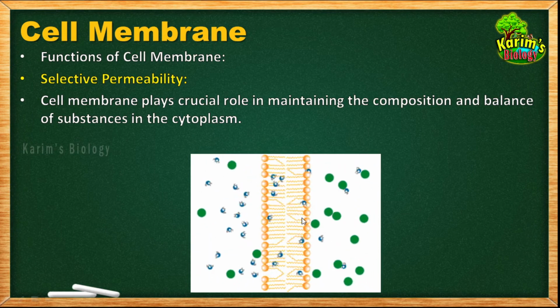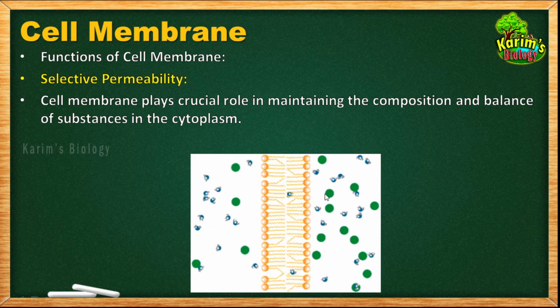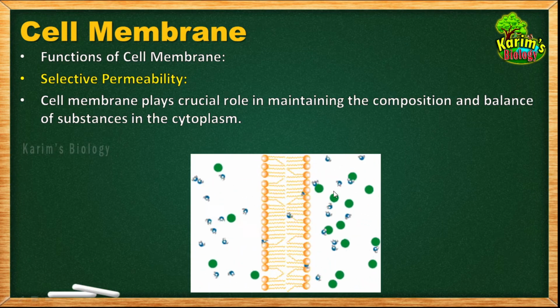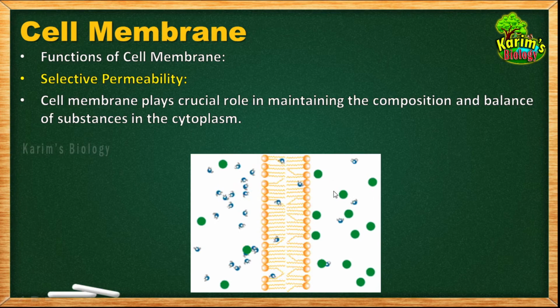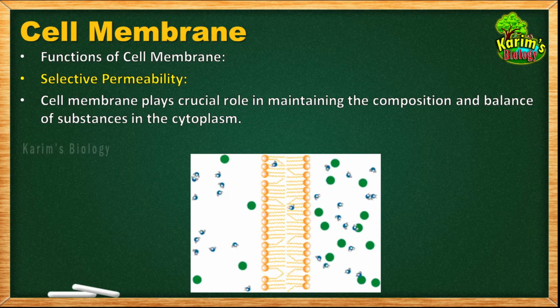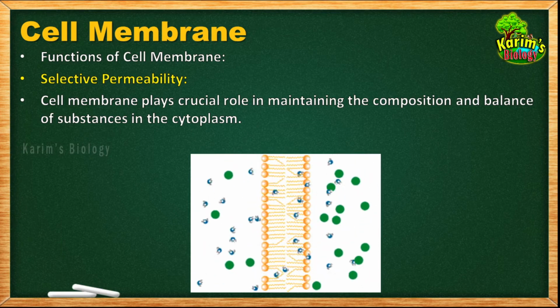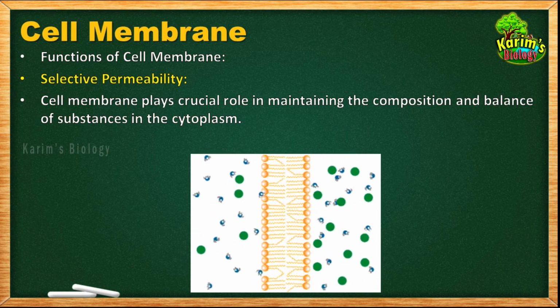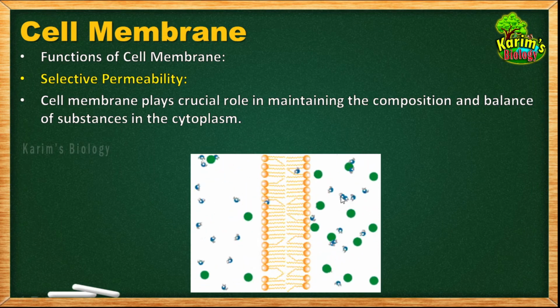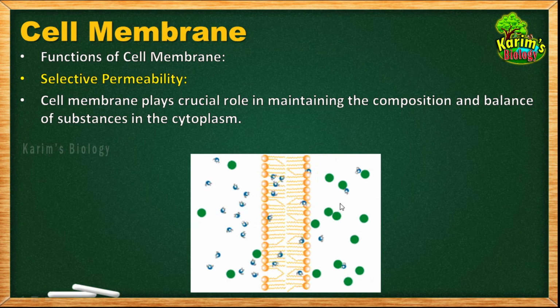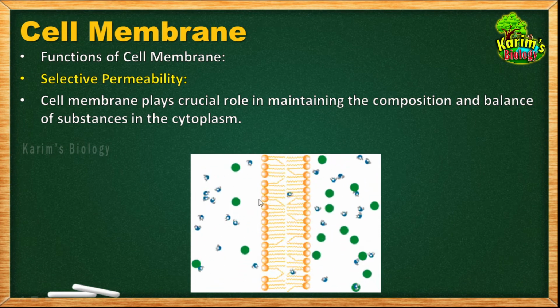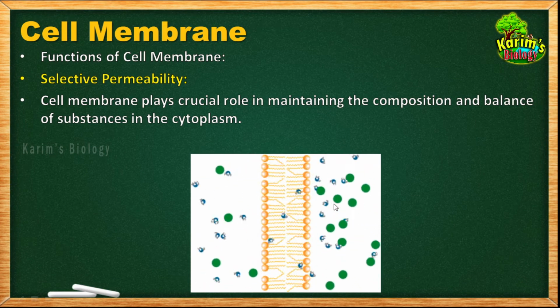So this property of the plasma membrane to selectively allow the entry and exit of only a few substances is called selective permeability, or it is also called semi-permeability. Okay children, that's another important point, because sometimes even microbes can come here. A virus may come here, and if the plasma membrane allows the virus into the cell, that's going to cause damage to the cell.